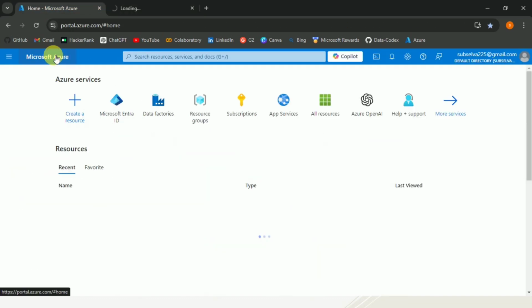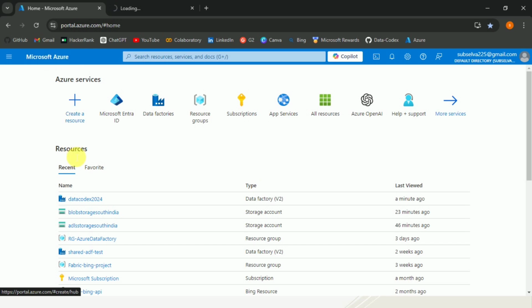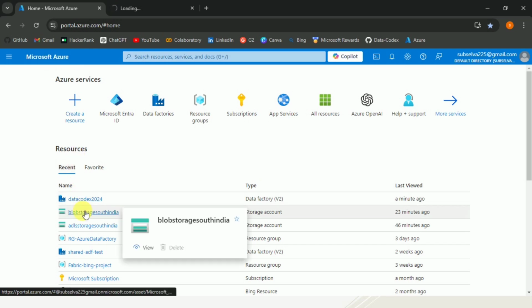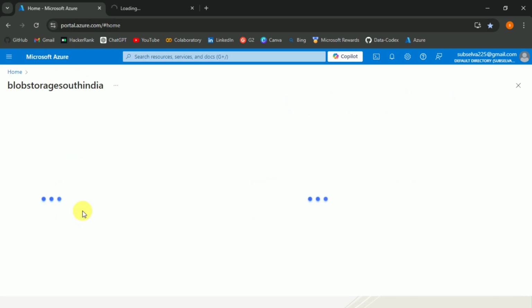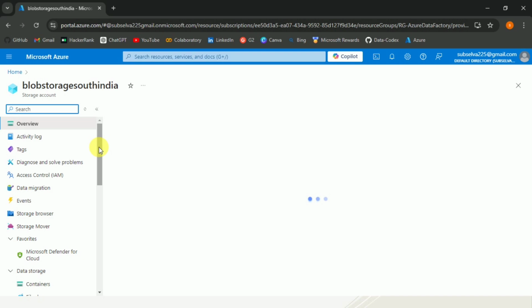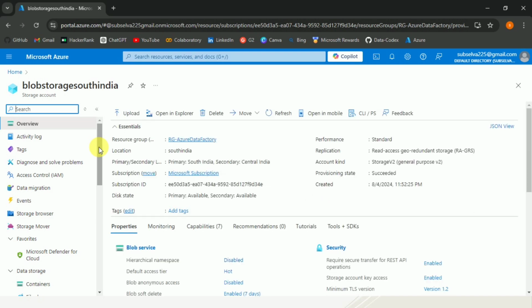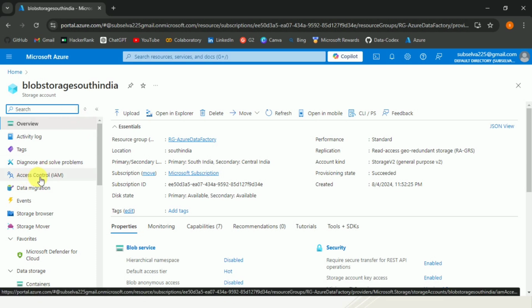Let us just click on this launch studio, and again you need to assign the particular data factory to the storage account to use this access control. So just get into the blob storage account service that we have created in our previous video. So under this blob storage you can see the access control available for us, where you can actually